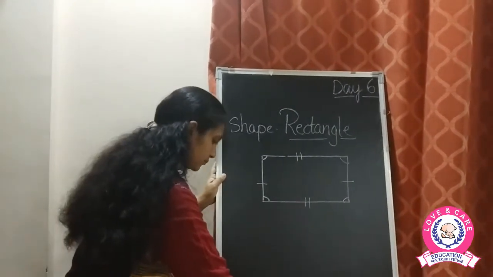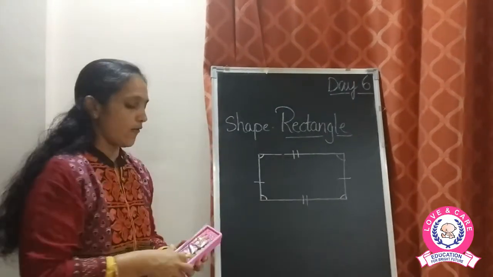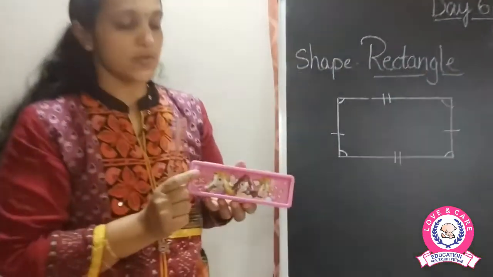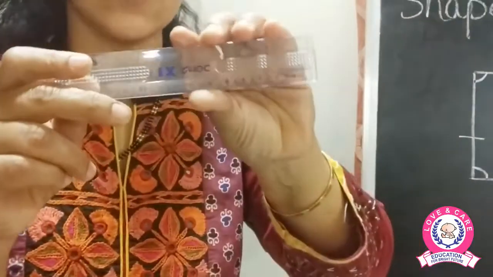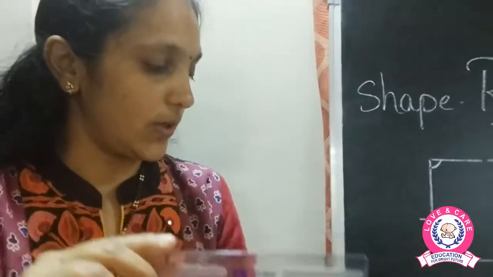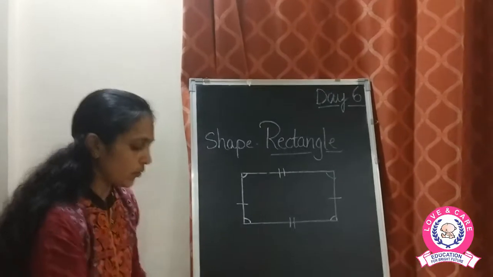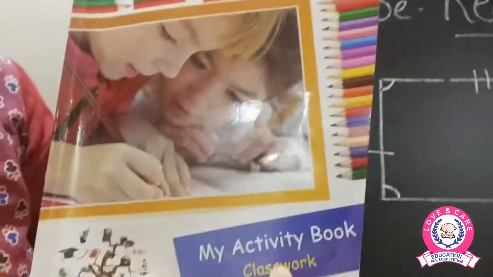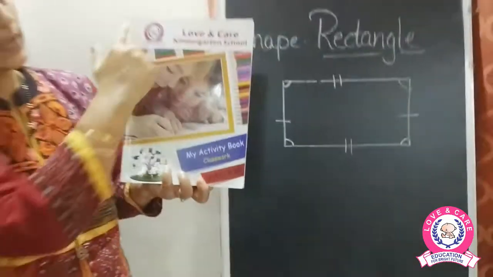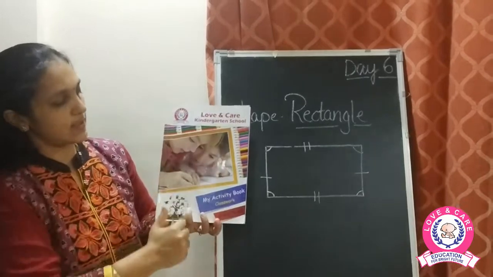So now I'm just going to show you few examples. As you have your compass box, आपका compass box होता है वो rectangle shape में होता है. Now you use the scale, that is also rectangle in shape. Eraser भी होती है वो rectangle shape की होती है. Now the book, ये जो book है वो भी rectangle है क्योंकि इसकी जो ये 2 sides है वो लंबी है, जबकि these 2 sides are shorter. और ये दोनों ऐसे same होती है sides.